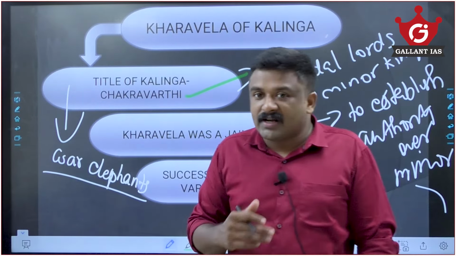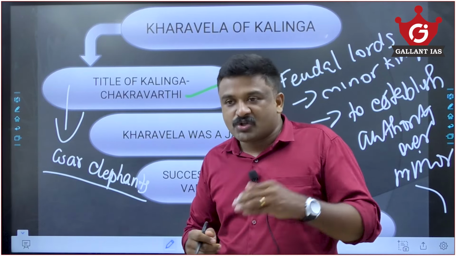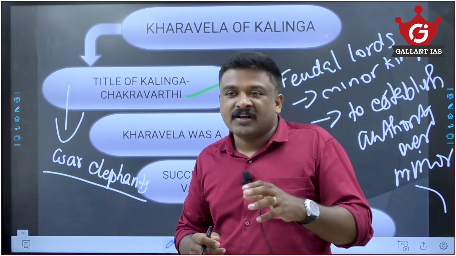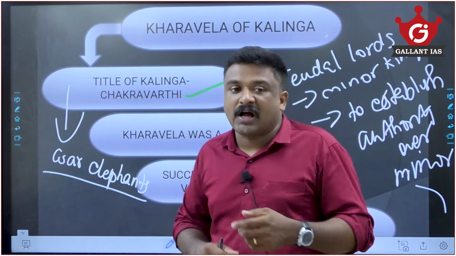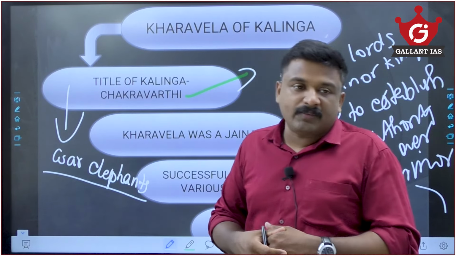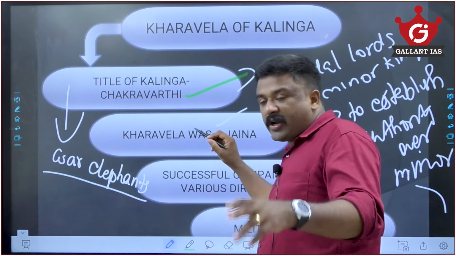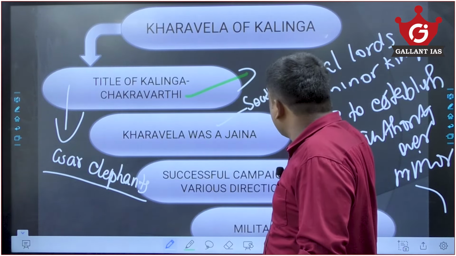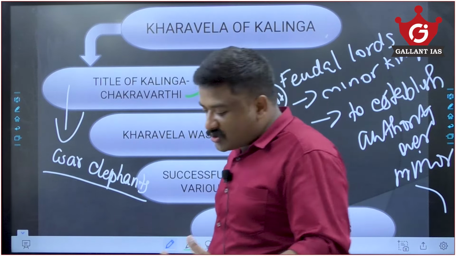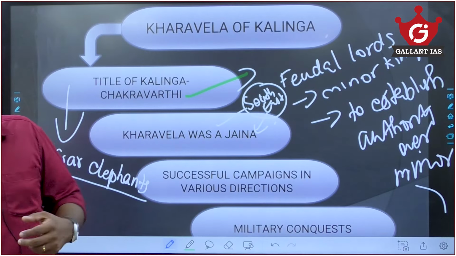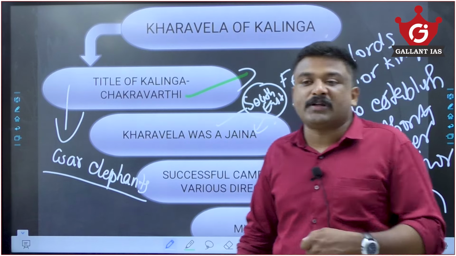We could see that even Alexander wished to go to this eastern side and attack these Magadhans, but his soldiers rejected it because of the fear of these war elephants. So one reason for their success is that the army is equipped with war elephants. And they had strong trade relations with Southeast Asia, the Suvarna Bhumi. That profitable trade also added to the material and cultural prosperity of the state.